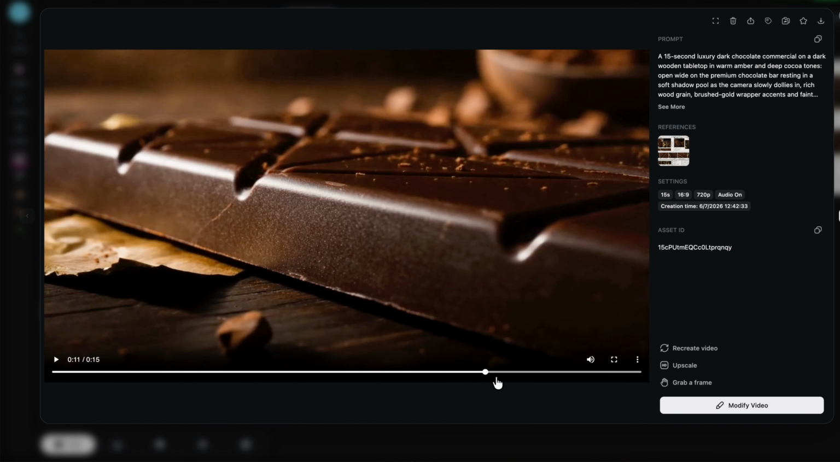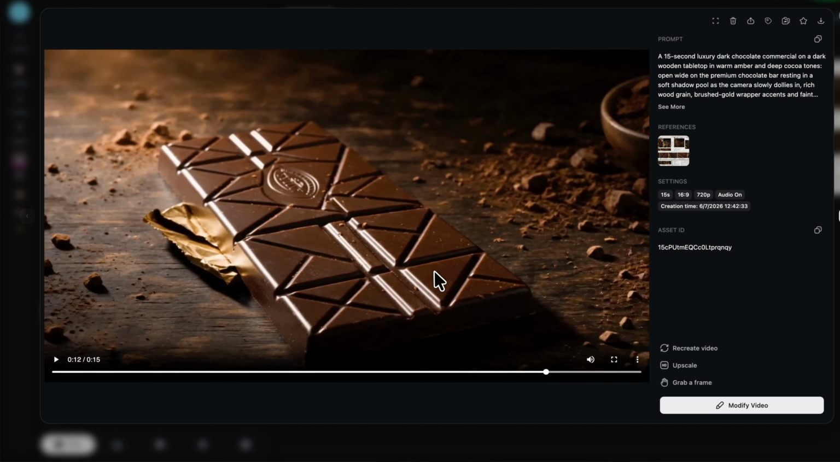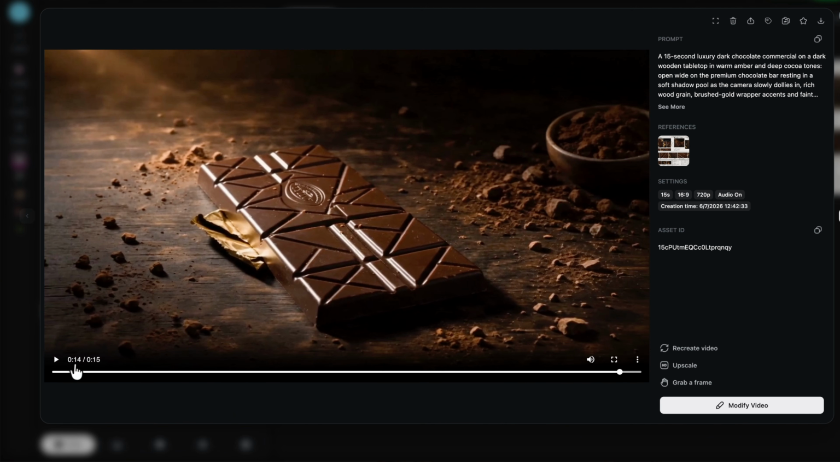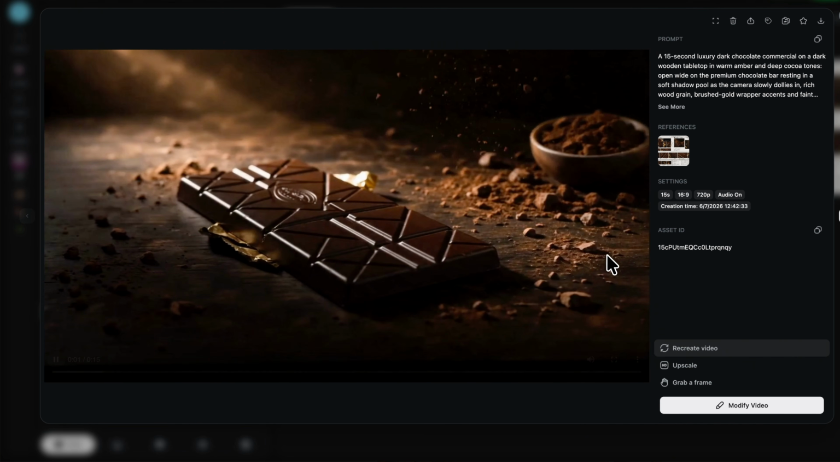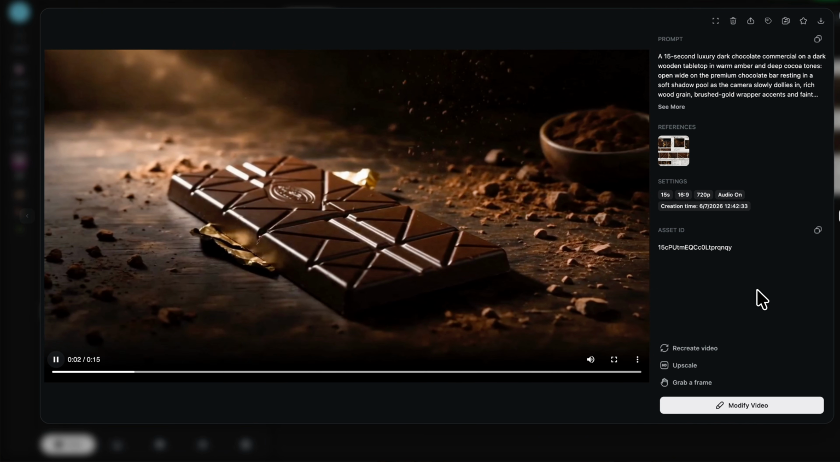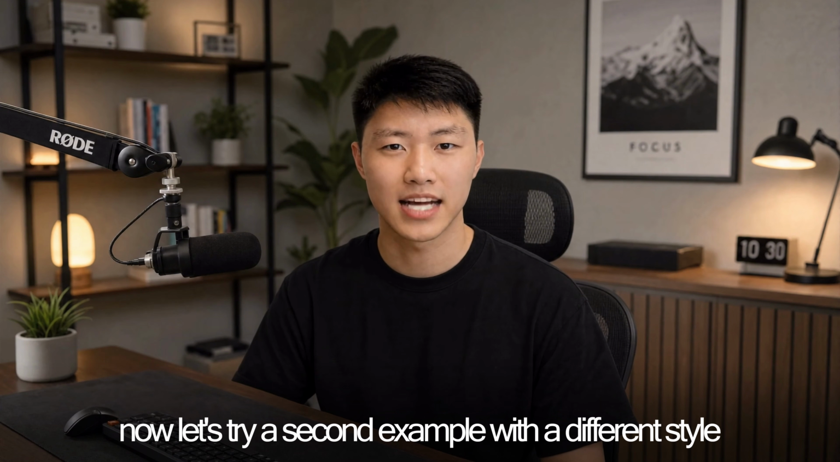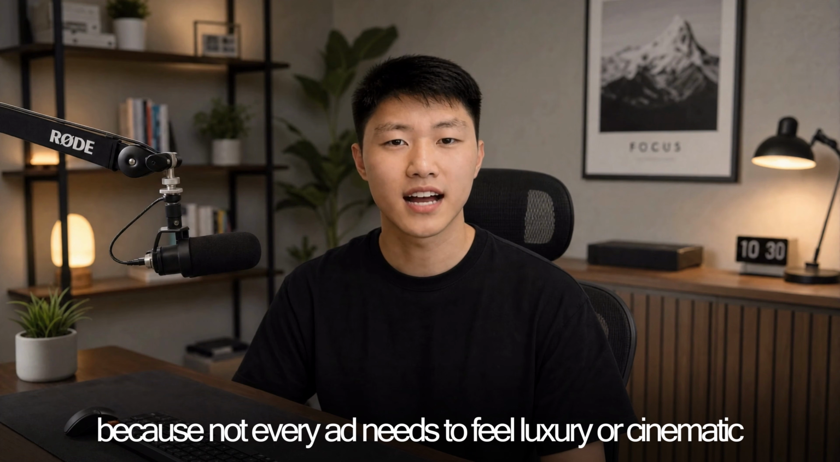The third is editability. Even if I do a final pass in another editor, the sequence should already give me useful pieces. I should be able to trim the clip, add text, add a logo, or use individual frames as thumbnails or ad assets. Now let's try a second example with a different style, because not every ad needs to